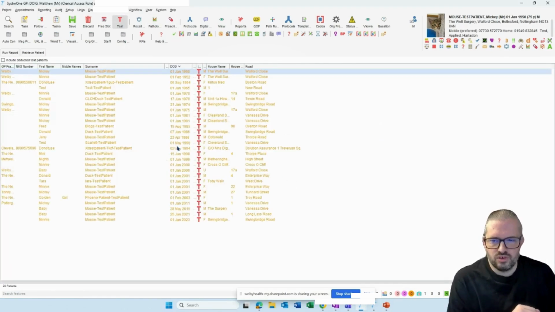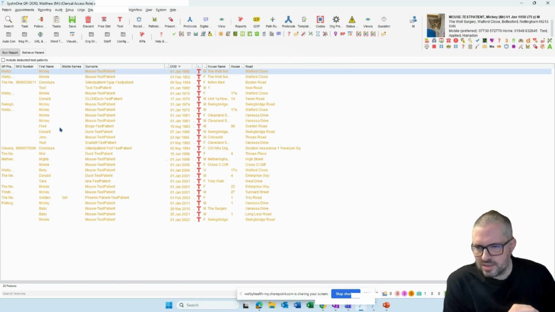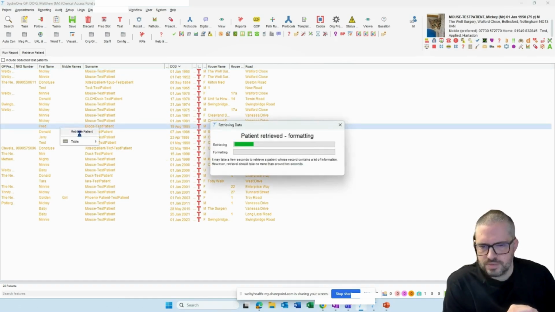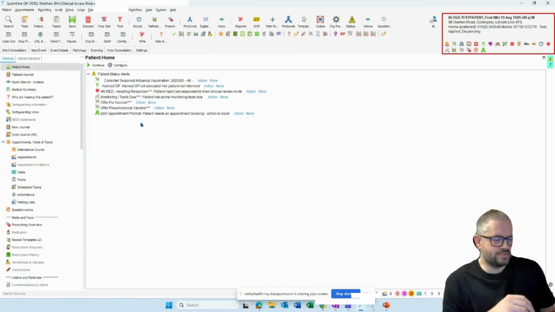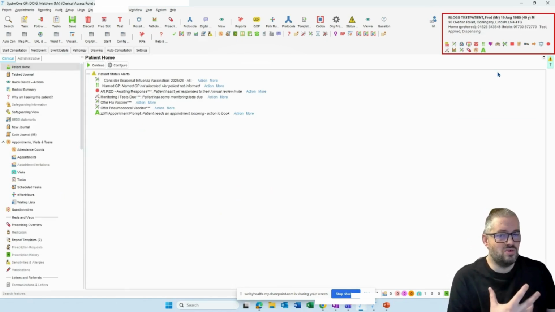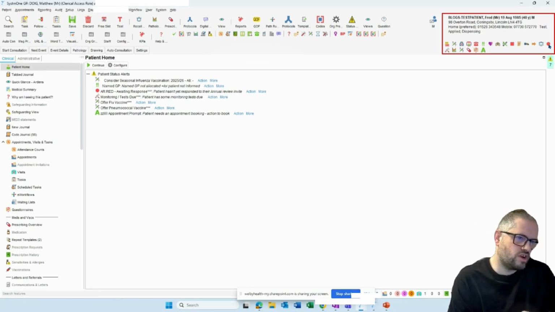When we get to annual reviews, that gets a little more complex. So I'll show you on one of these patients. Because often patients have got multiple comorbidities, they may need more than one appointment, and also the way that you work as a practice will be different. So for this patient, they're a non-responder to their annual review invite,